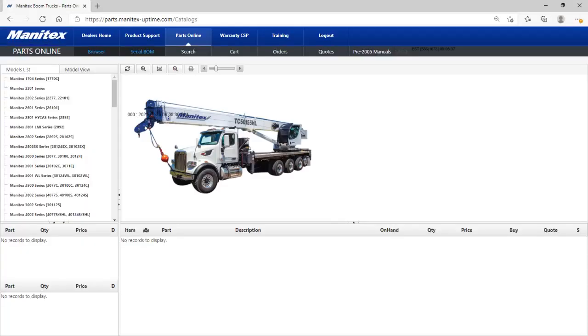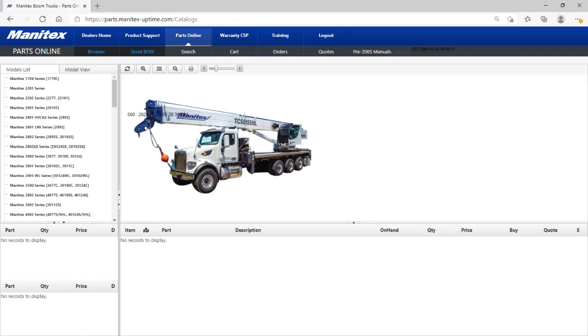As we go into it, now you are tasked with several different subtitles underneath that: the browser tab, serial BOM, which stands for serial bill of material, search, cart, orders, quotes, and pre-2005 manuals. Instead of jumping in and going straight to the meat of it, let's go over several things that are on the website that you will see,